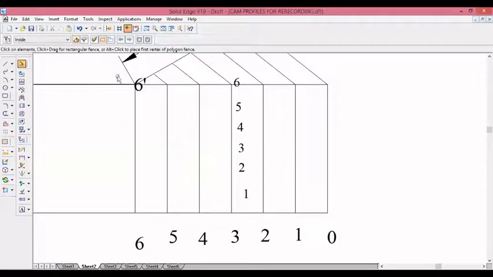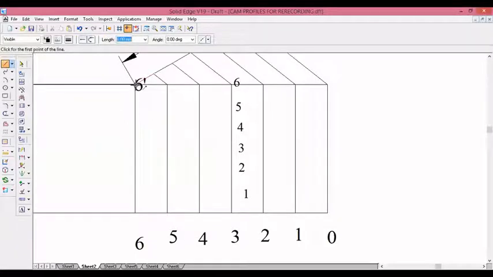So what we need to do is join the line from this intersection, the end point, to 5. From 6 dash to 6 we have already joined. Join to 5. 5 is this end point. 6 to 5 you join. 6 dash to 4 dash you join. Okay, then 6 to 3, the end point 3. Similarly, 0 to 0, 3 we already joined. 0 to 1, the end point. I'll take 2 to 0 first, then 1 to 0.